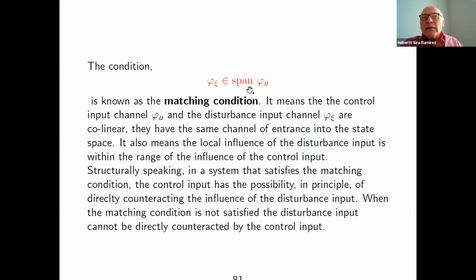The whole story is that the magnitudes, phases, and frequencies are also important. But if this is true, at least in principle, I know a structural aspect that might be helpful. If this is not true, then of course the problem is much more complicated, and at least this approach doesn't give you any clue on how to proceed. This is a take it or leave it condition. It's a yes or no condition. And this is what bothers many people about the matching condition.